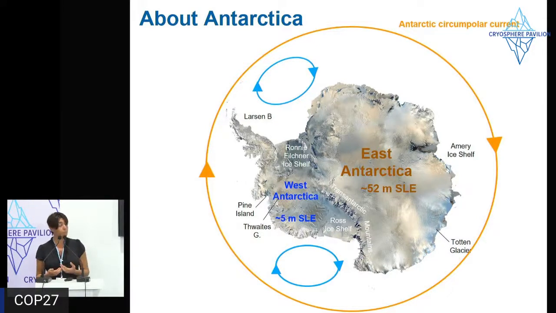The Antarctic Circumpolar Current has always been there since the Drake Passage opened between Patagonia and the Peninsula. So it dates back 34 million years ago. That's when the passage really opened. So this is a very ancient current. It has always been there. And it isolates Antarctica from the rest of the oceanic basins at the surface, because it's not a deep current. Then around Antarctica, most of the heat